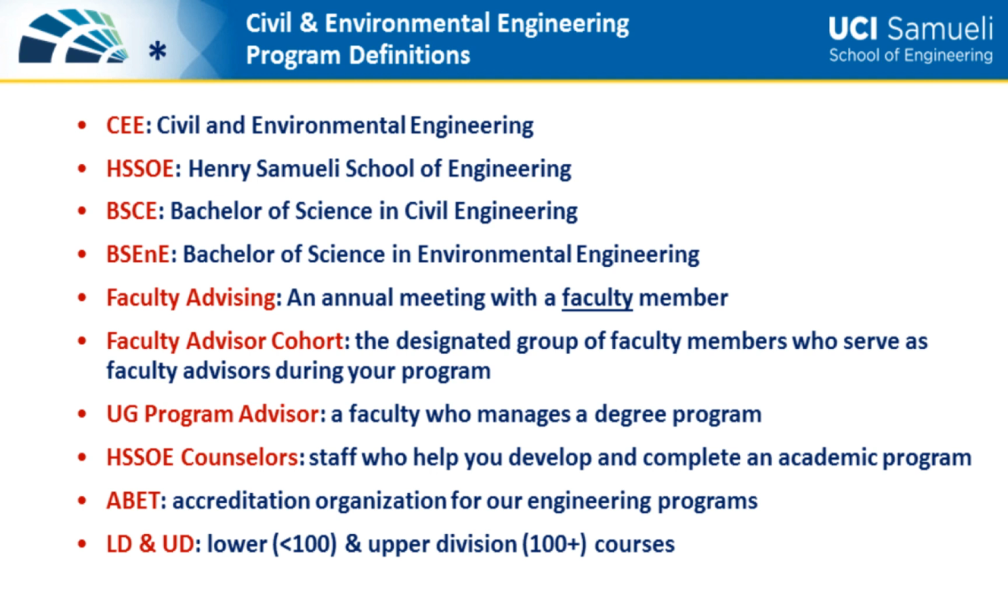Last, we have the two designations of LD and UD, which simply stand for lower division and upper division. Lower division typically means the first 2 years, and courses are numbered less than 100. Upper division are typically the last 2 years, with courses numbered 100 or greater. It's important to keep track of these because certain requirements are specified as lower division or upper division. For example, one important one is writing. You must take 2 lower division writing courses plus 1 upper division writing course.